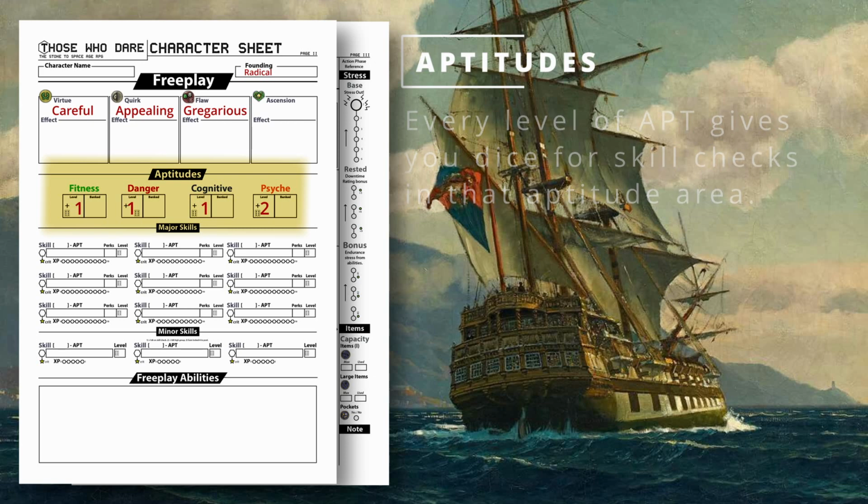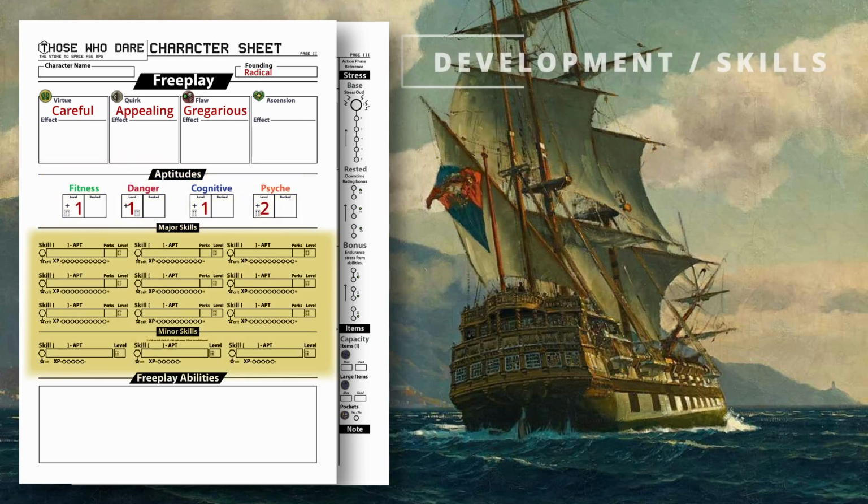So, from your upbringing, you've got 10 development points, and you've got a list there of what you can buy with your development points. But the most important thing for any character to be purchasing with their development points are their skills. So we have major and minor skills, and by default you can have 6 major skills and 3 minor